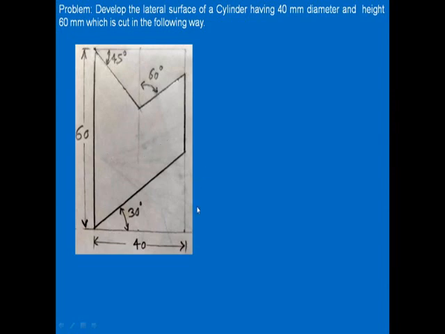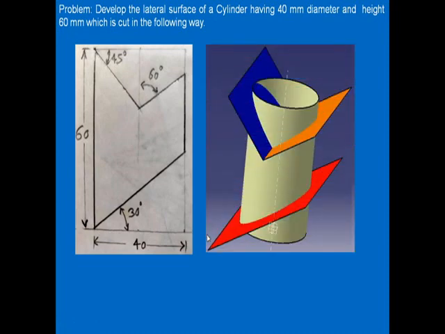Now, what I've done is I've drawn the 3D model of the cylinder with these three cutting planes just to make you understand the concept. So what you see here, this first cutting plane inclined at 30 degrees is this red section plane. This section plane is inclined at 30 degrees to the XY line or to HP, and it is starting from the bottom left corner of the base. So this is the first cutting plane in red color.